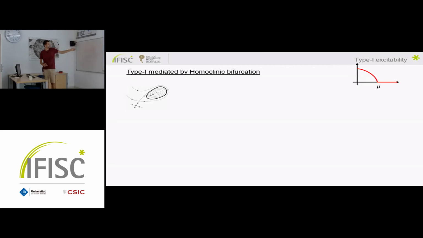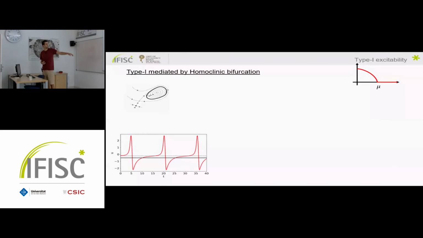Here I'm showing a sketch of this kind of system in the oscillatory regime. Here we can see that we have one oscillation around an unstable point. And in this kind of system, we need four phase-space points. So we have here a saddle point, that is a point that is unstable in one direction, and the rest state, that is the stable point that will be the rest state of the system when in the excitable regime. So here we have the oscillatory regime.